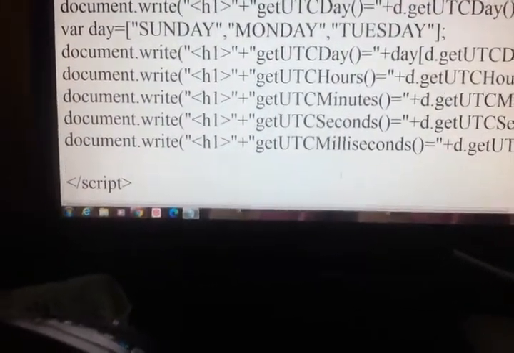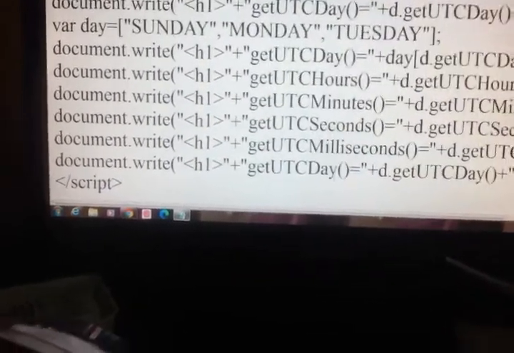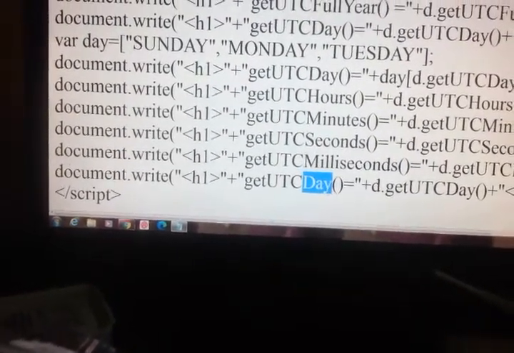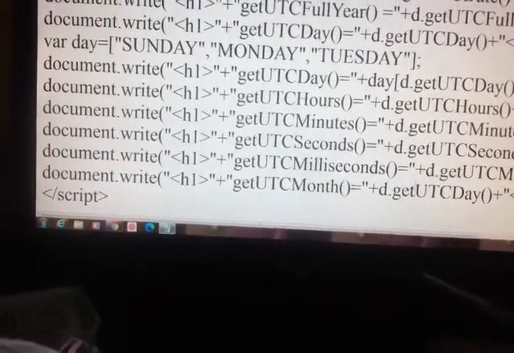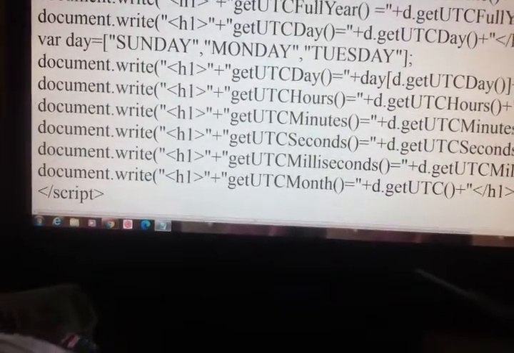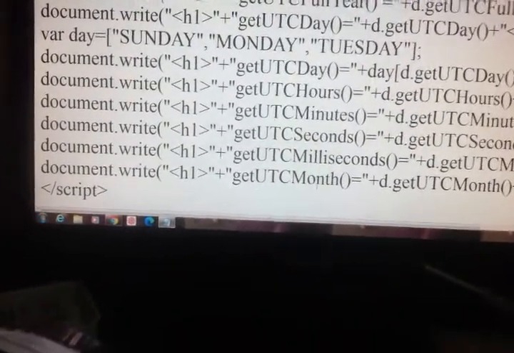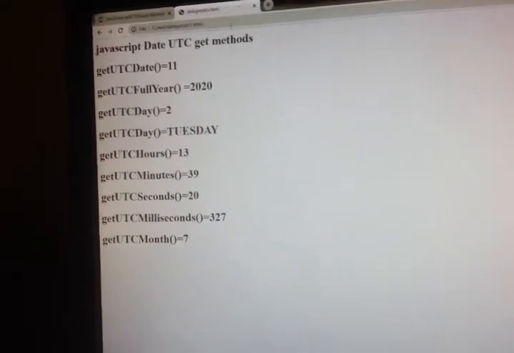We will use that also. So get UTC month, d dot get UTC month. Just save it and recompile. So month is 7.